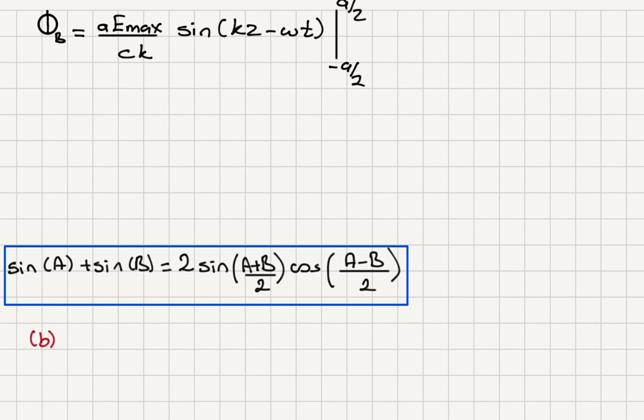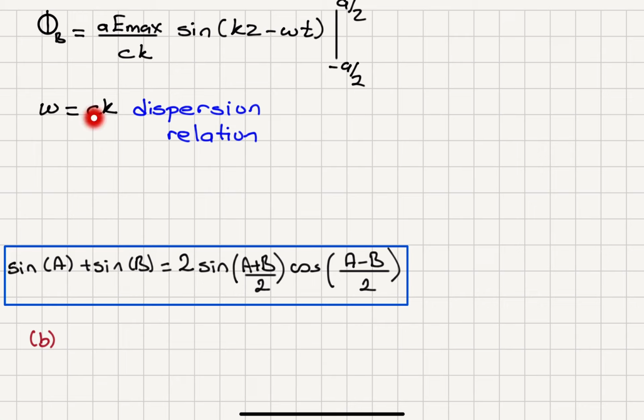Angular frequency omega is c times k. This is known as the dispersion relation, the omega-k relationship. Remember that c is equal to lambda f, and k is 2 pi over lambda, so this becomes 2 pi f, which is omega, the angular frequency. So let me just remind myself that omega is equal to ck. All right, so I can write the magnetic flux as